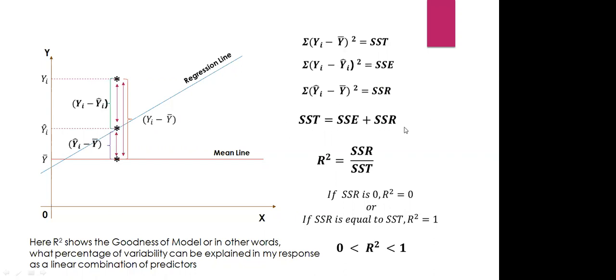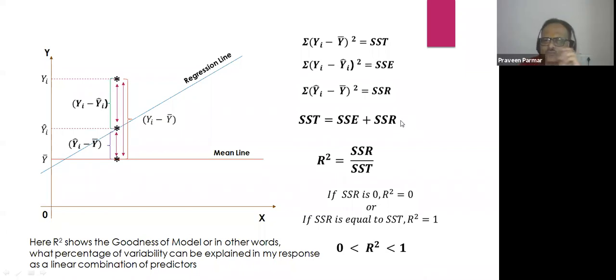Yes, sir. Okay, so how do we get the R square here? R square is one more measure with which we could see the performance of our linear model instead of RMSE. So R square is SSR over SST. SSR is the sum of square of residual, this one, and SST is the total.